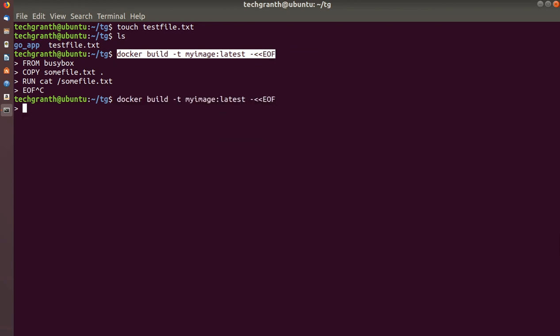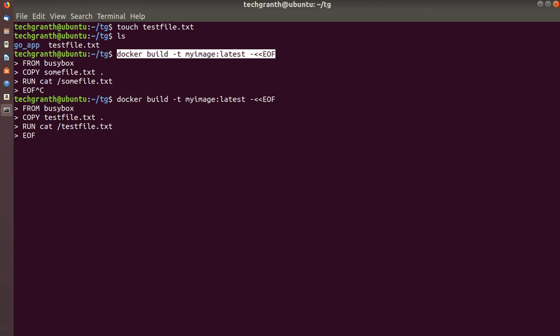FROM busybox, then COPY test file.txt, and then RUN cat test file.txt, and then end of file.